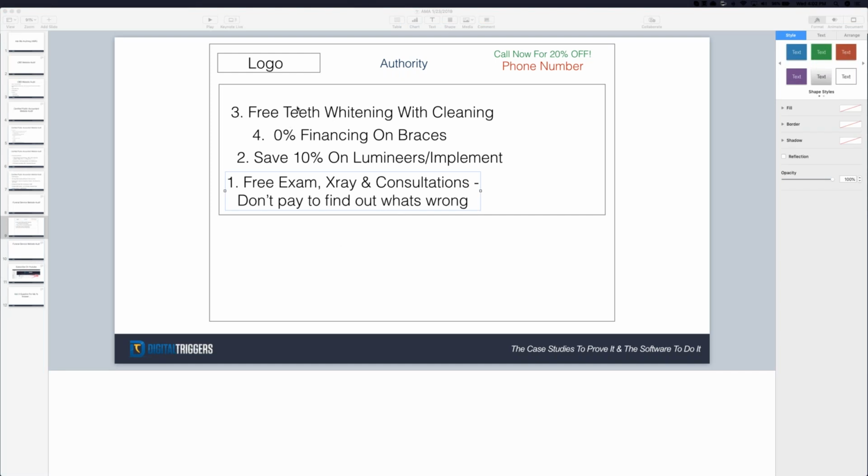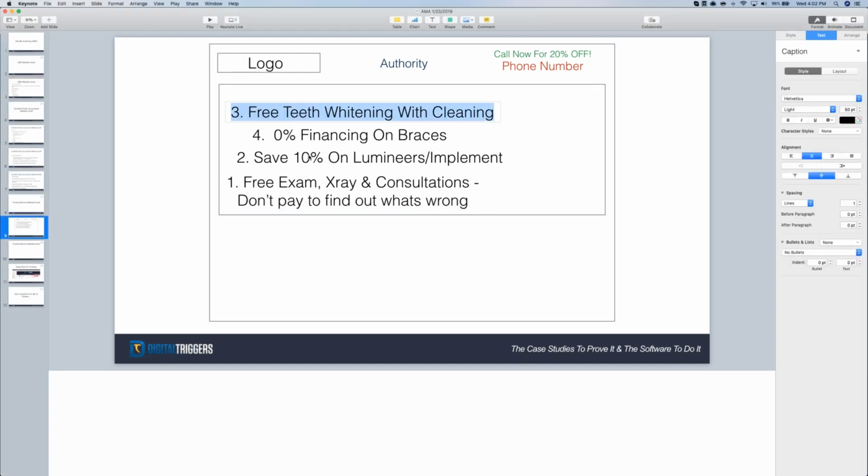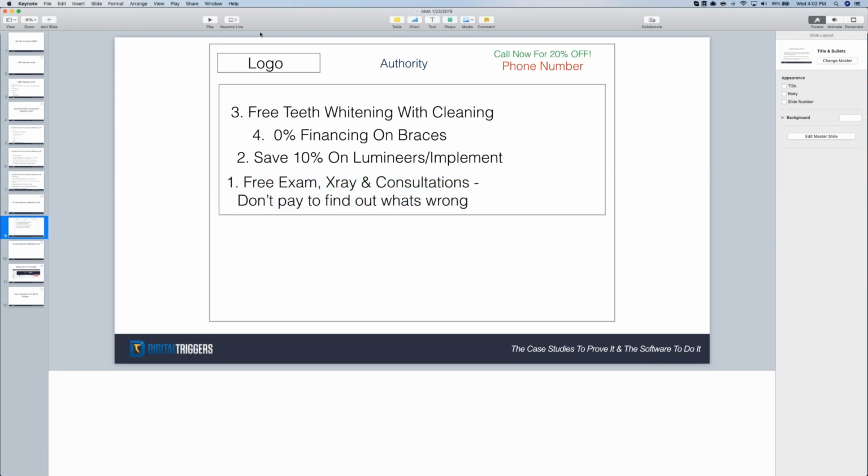Okay, let's see. Carolyn says that she would have put teeth whitening first versus this one. It could definitely be as well, but 100% you're going to want to put this one first. All right, so next up